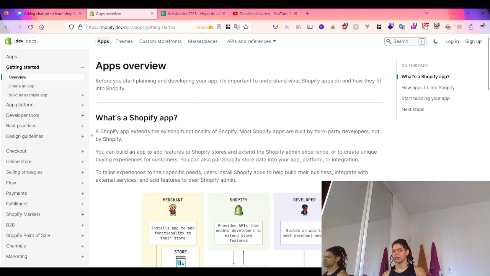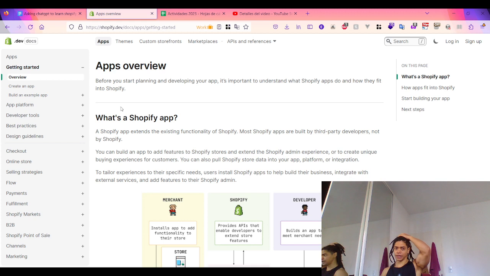On the app overview, the way it does that is by providing extended functionality where developers, the third-party developers that build Shopify apps or these custom apps, can extend the Shopify Admin Dashboard to merchants, or enhance by providing a unique buying experience to customers, as well as pull data from the Shopify store for your apps,